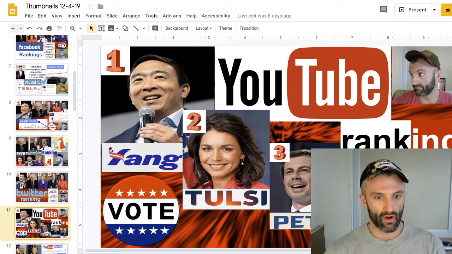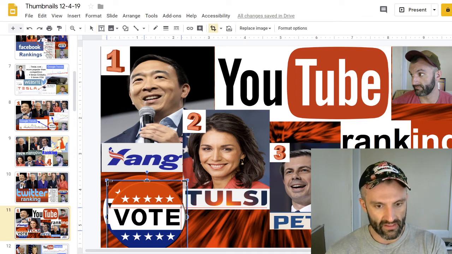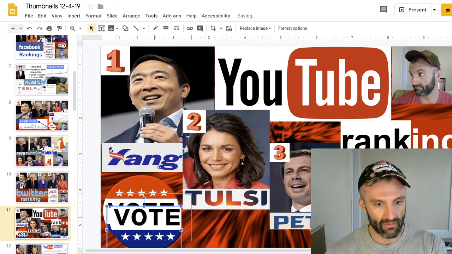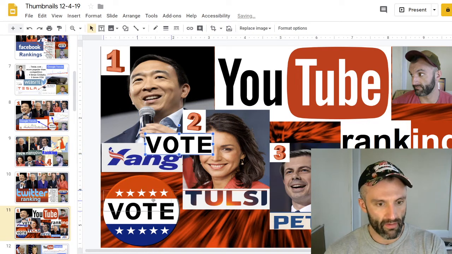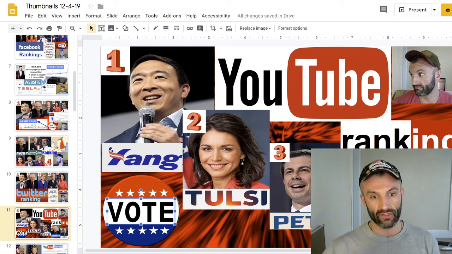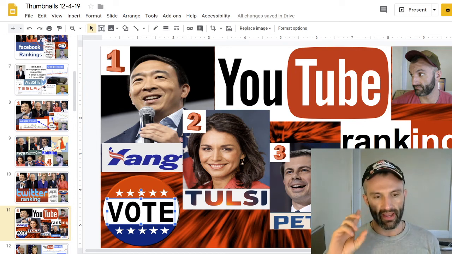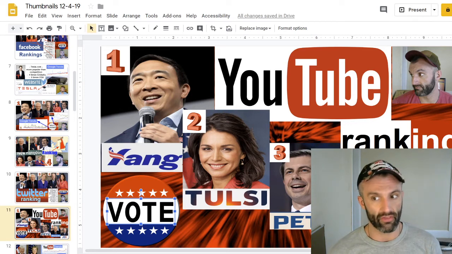Or another thing you can do to make things stand out more: I'll copy and paste this, then I'll crop in the vote portion here. I wonder if I put this here and make this just a little bit bigger, and the word vote, if it will pop out more on the screen when somebody's scrolling through and be more impactful, right? You don't have to do crazy stuff. You can just change very, very subtle things like that to see if you can make an impact. Or maybe